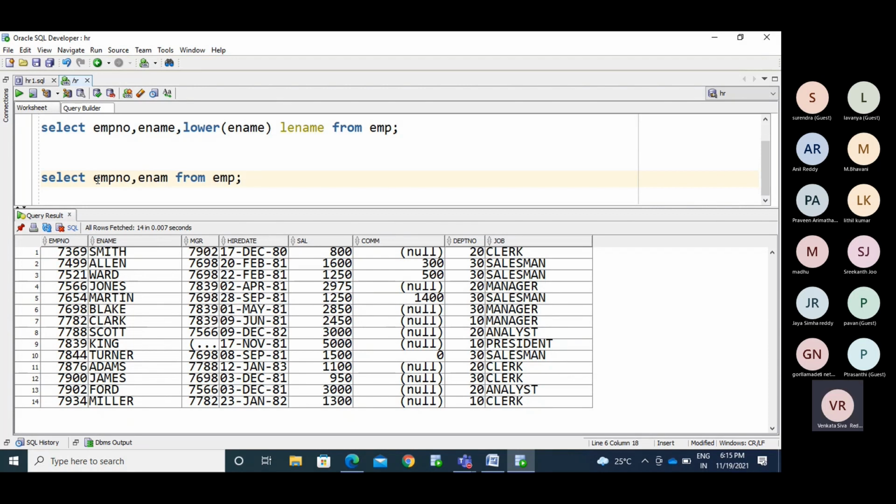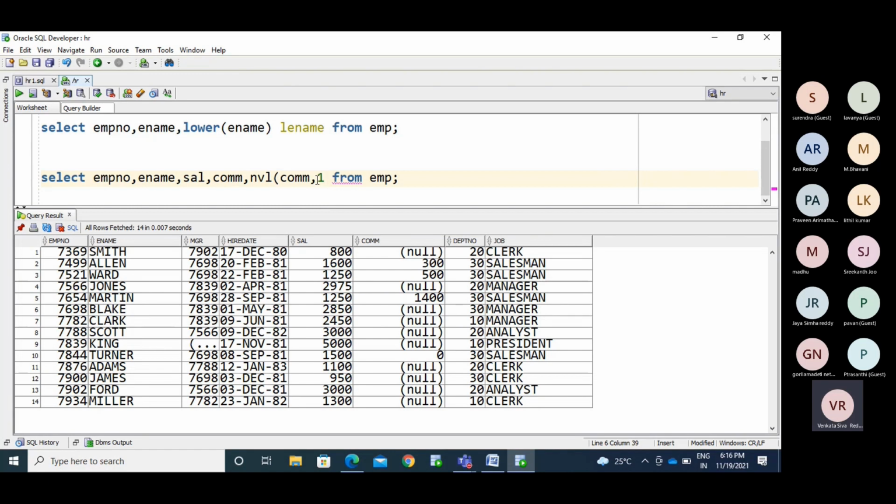See, employee name, salary, commission, NVL of commission. I'm checking with the NVL function here. This is your column name. If the column does not have any value, I need to pass it some default value or a not null value.